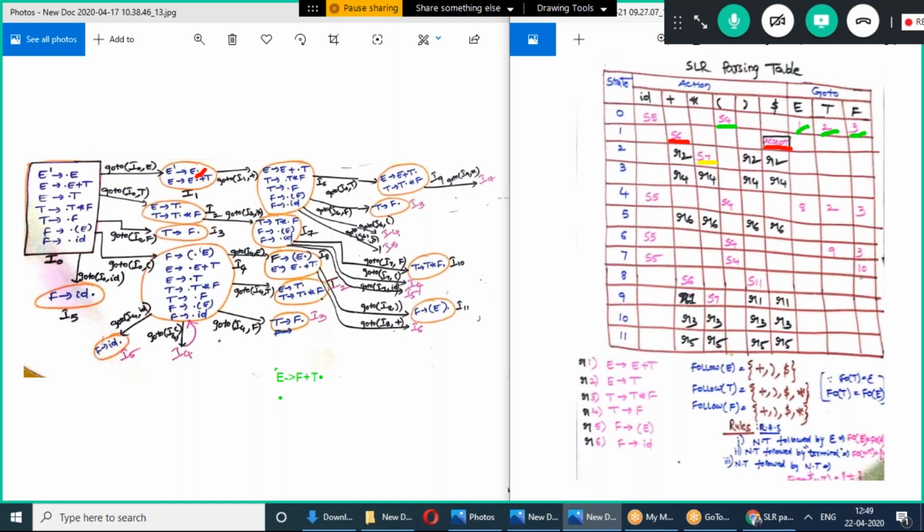Another case is if there is a non-terminal after a non-terminal, then we should find the first of that non-terminal and give it to the follow of that particular non-terminal. Understood? So in this case, we will consider plus as a follow of F.